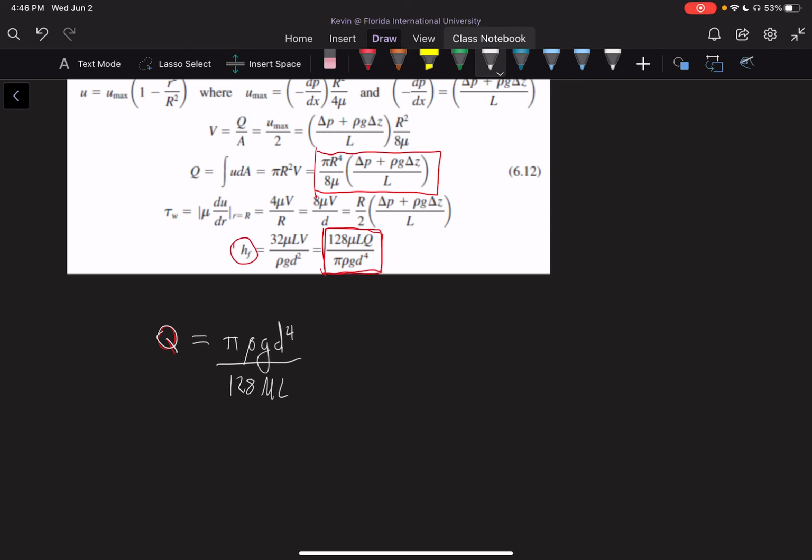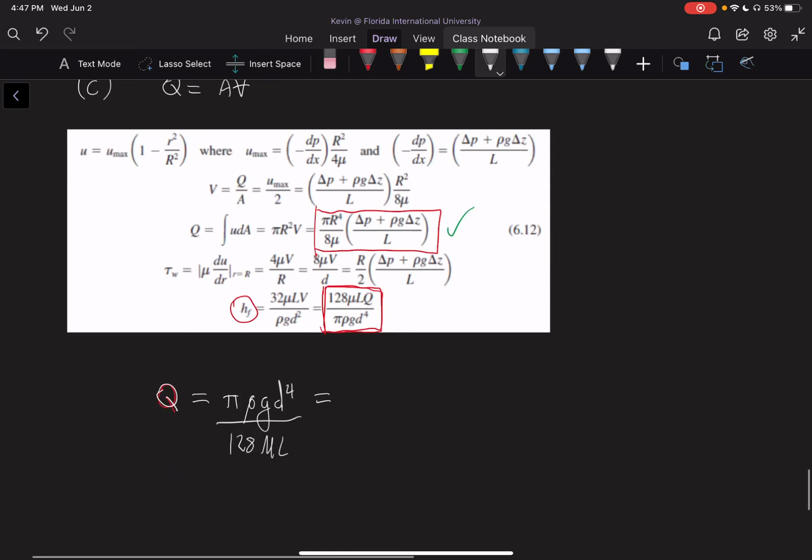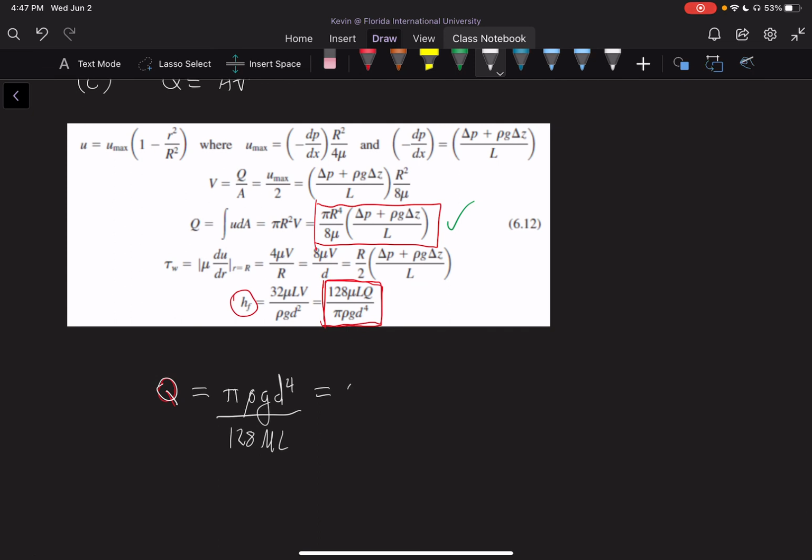mu L. The other equation you can use is this one, but we're not going to use it for this problem because I believe it's easier to use the second equation. Plus, it makes it easy because you're always using the same equation. So it makes it easier in that case. And we have that Q is therefore equal to 0.0076